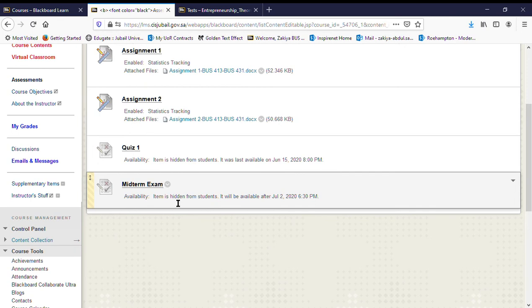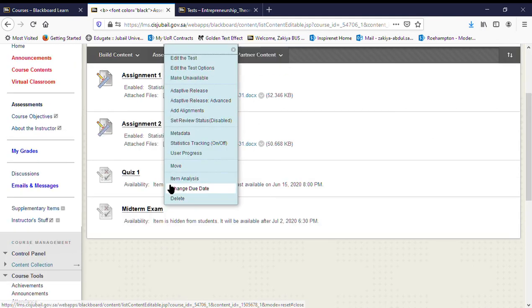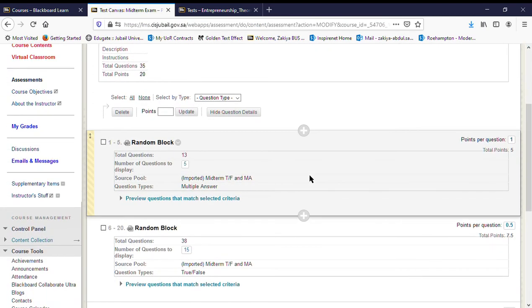As of now, you can see I have created the test for the future, so the students will not be able to see the test as of now. However, if you want to see the test that is being deployed is the same as the one which we have created, I would go to edit test to check it out. So as you can see, we have